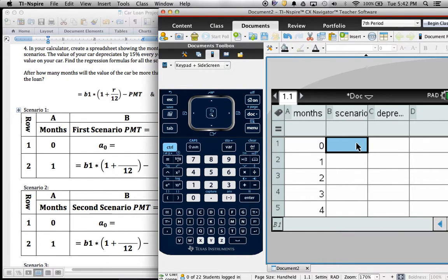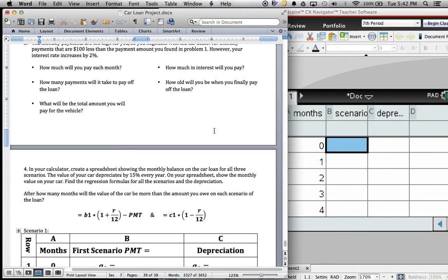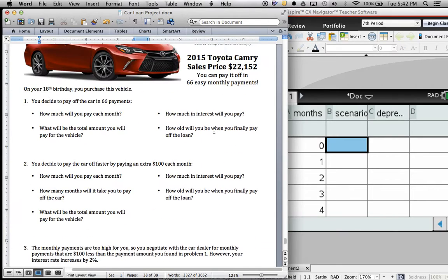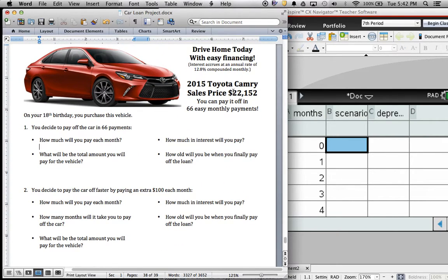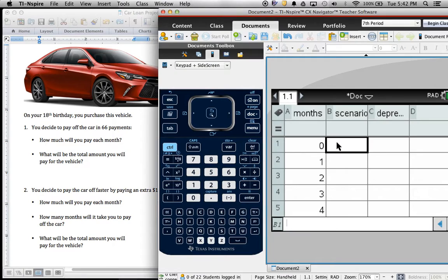Okay, so notice, let's go back. For this box, you need to know the initial purchase price, the $22,152. That was your original purchase price. You need that value in both of these boxes. Okay. And then for the depreciation,